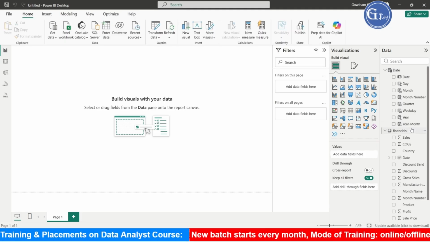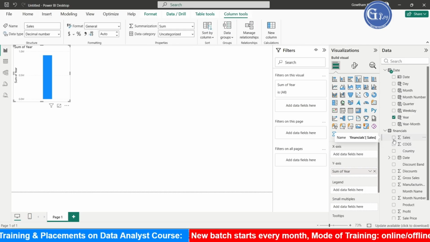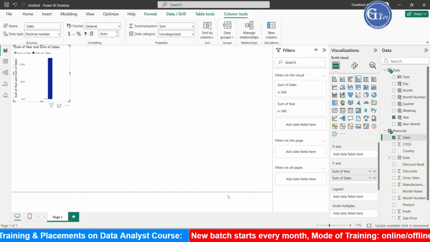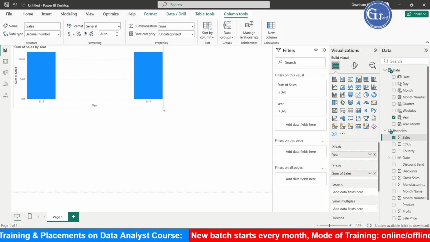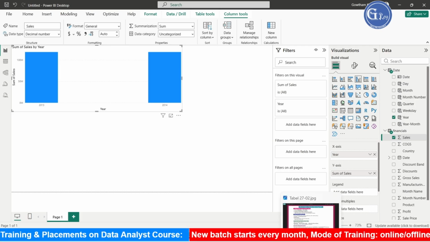See, if you want to create any visual here, for example, if you want to take year wise sales or something, see, these are the 2 years that are from date, and this is the sales. This is how we can create the date table by using DAX function, which is called a calendar function. Now we have other approach, that is creating a date by using